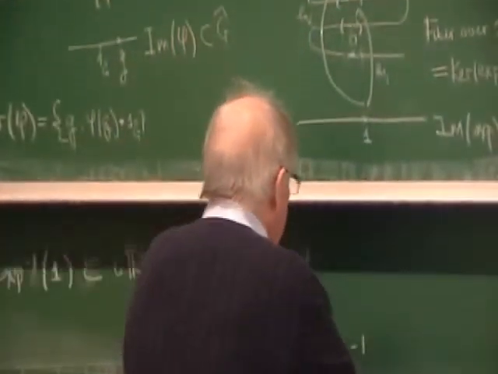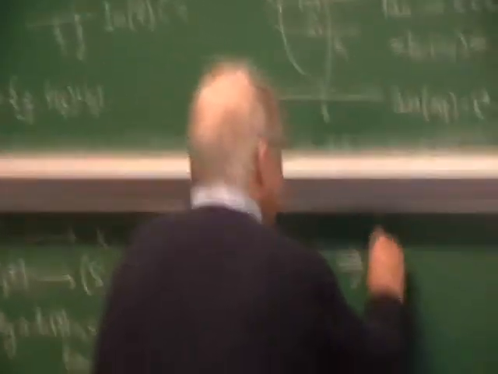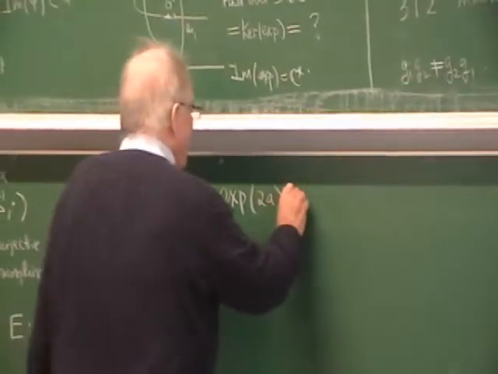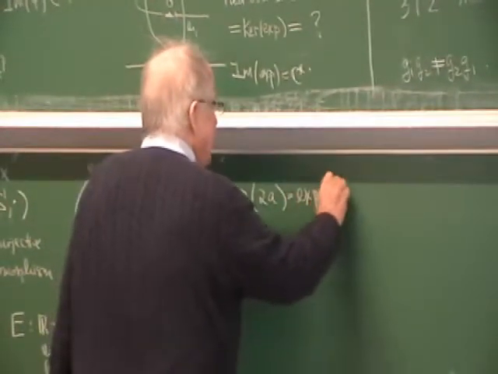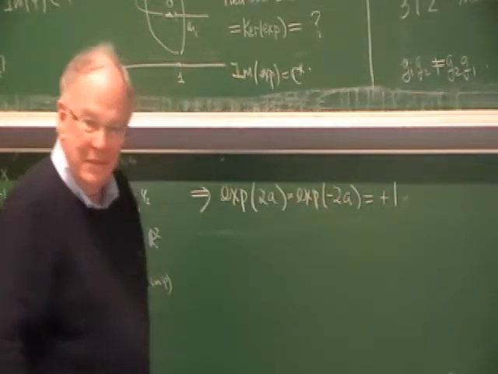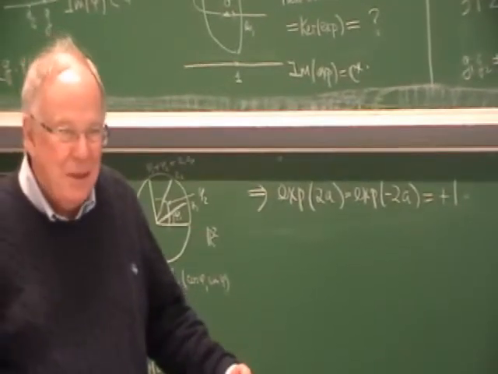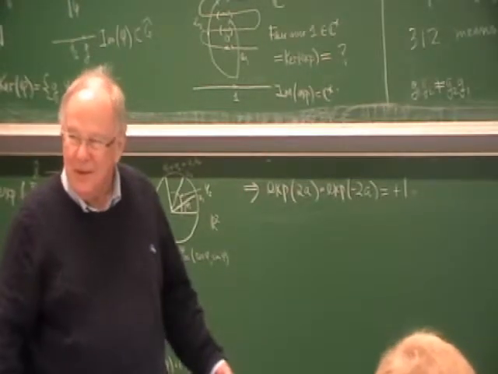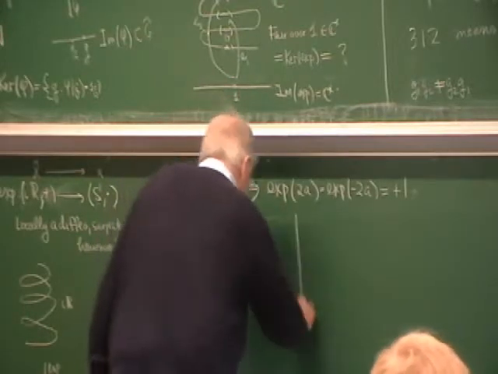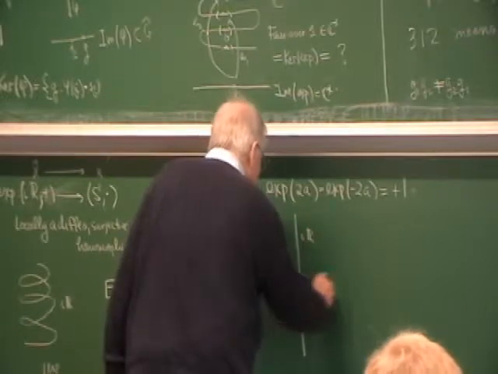Because this implies that x of 2a, which is equal to x of minus 2a, is equal to plus 1. Right? Because 2a is a plus a, and minus 1 squared is plus 1. So we have seen that in the picture here you have R, and in the picture here you have 0,